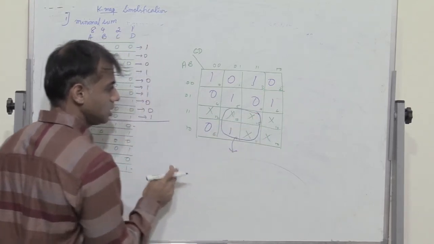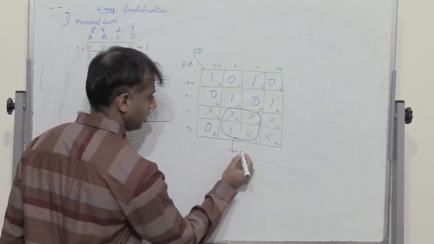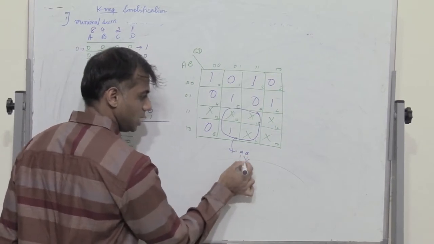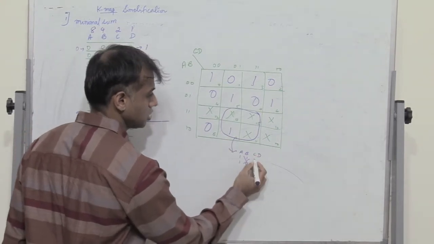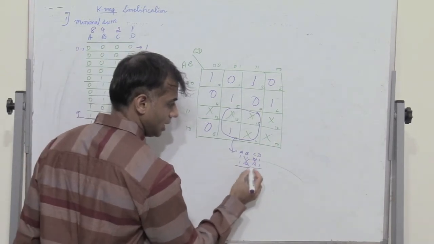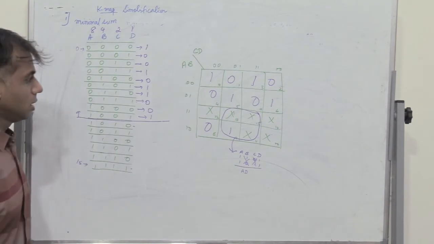So when I combine these 4, I have row 3 and 4. So I have AB 1, 1, 1, 0. So B is in complement. Then I have column 2 and 3 for C and D, which is 0, 1, 1, 1. So C gets eliminated. So I have A and D, which is 1, 1. Right?